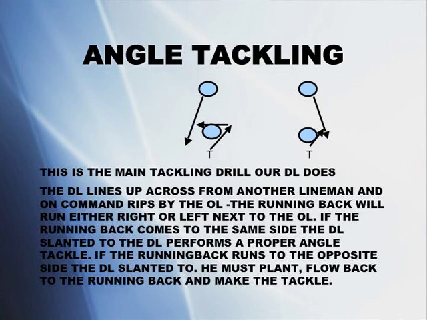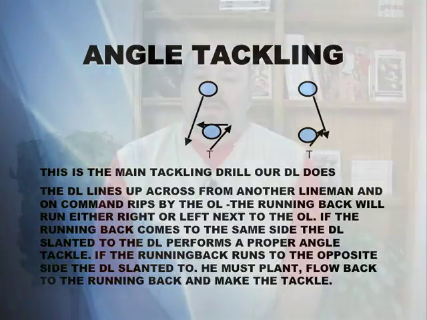He slants, gets separation by lifting his rip, and performs a proper angle tackle. If the running back runs to the opposite side, this is where it gets tough for the defensive lineman. He has to plant his foot and come back and make a proper tackle. A lot of times he won't get there, but we work this drill a bunch where he has to plant,